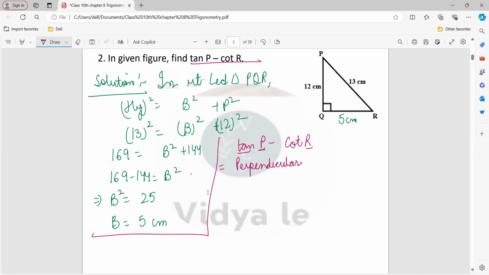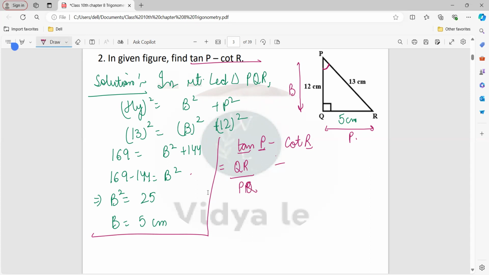Or you can directly write the values. When we are taking the angle P, this is the base and this is the perpendicular. So the perpendicular will be QR and the base is 12, that is, PQ. So QR divided by PQ,